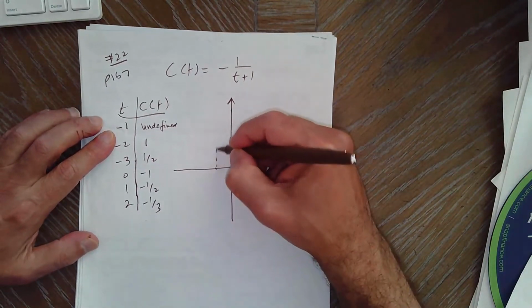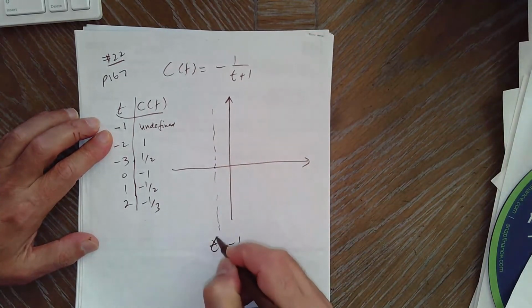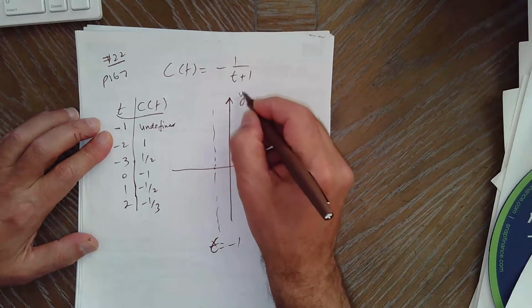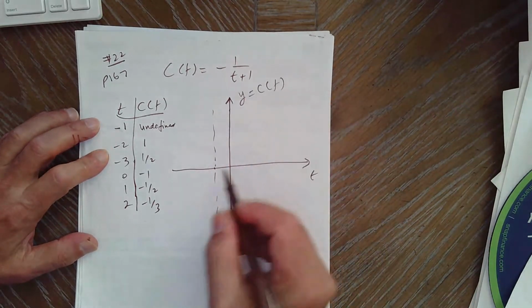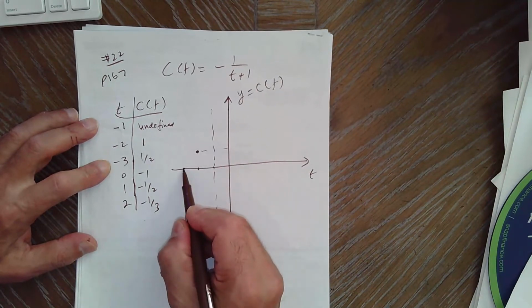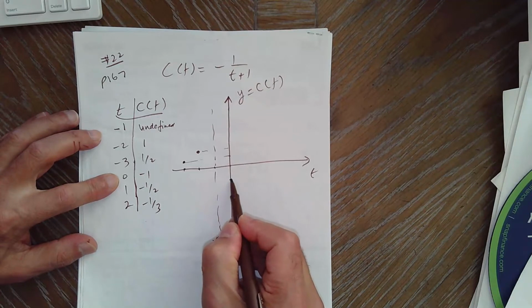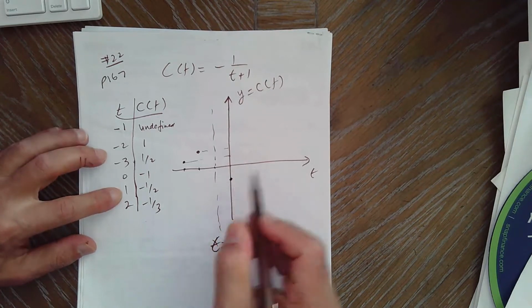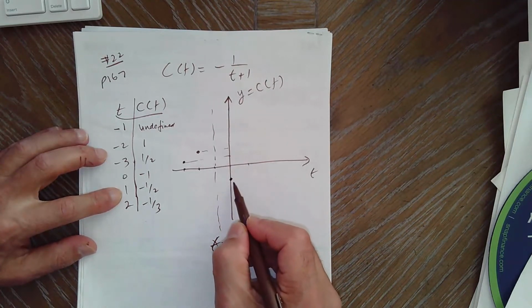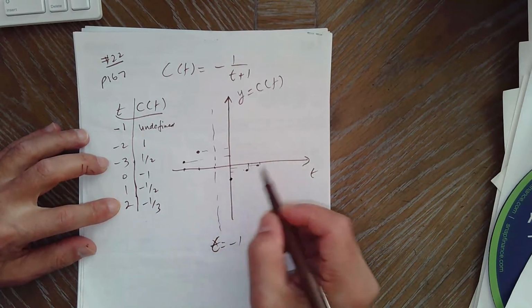Okay, so that means we have what we call a vertical asymptote there, at t equals negative 1. That's t, that's y, or c of t. At negative 2, it's 1. At negative 3, it's 1/2. At 0, it's negative 1. At 1, it's negative 1/2. At 2, it's negative 1/3. So we see a pattern,